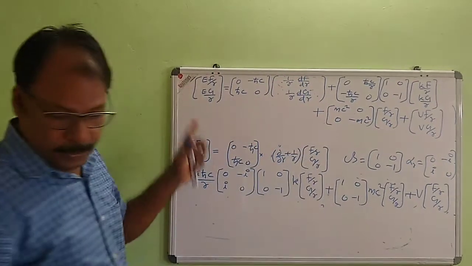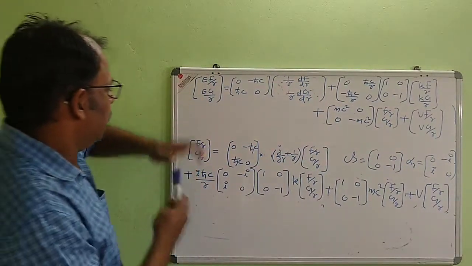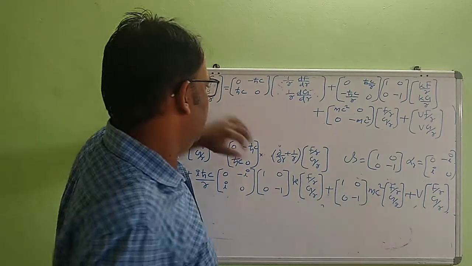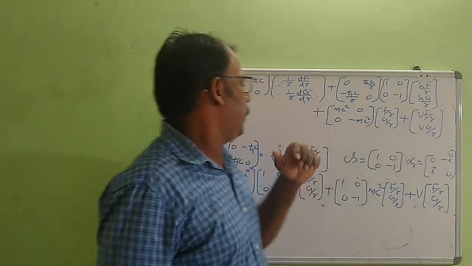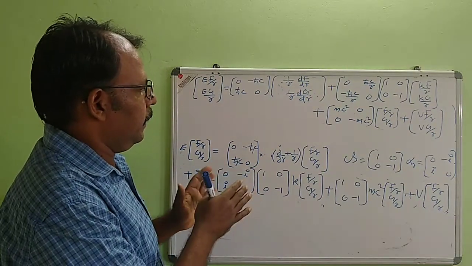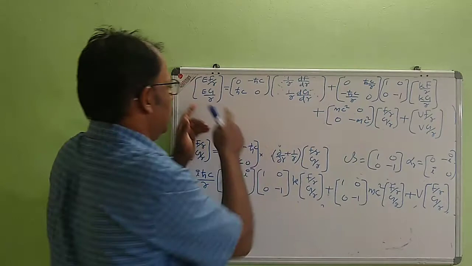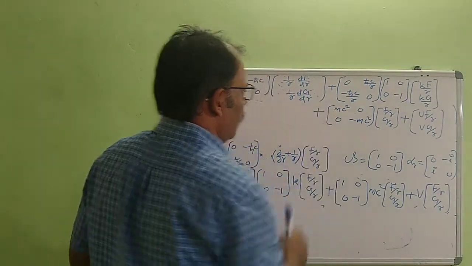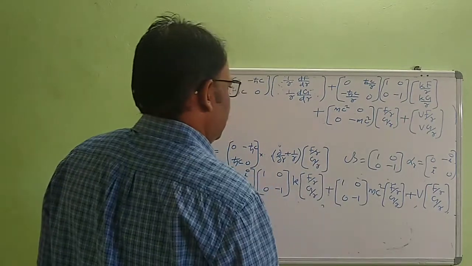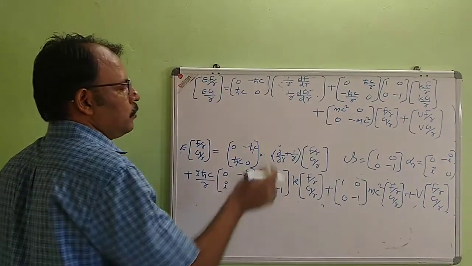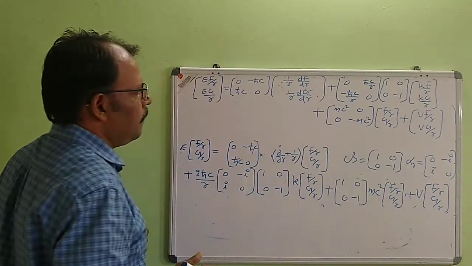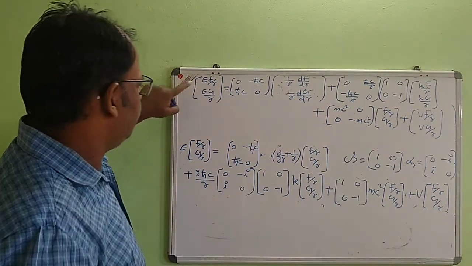Here we are assuming E as the energy eigenvalue, which is taken as a number, and K as the eigenvalue for the K operator. So we are taking a representation in which E and K are numbers. E is the energy eigenvalue, K is the eigenvalue of operator K that we already determined. So E and K are taken as numbers. That's why we are taking it inside the bracket, not taking as operators.